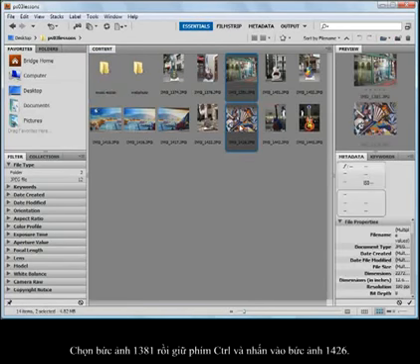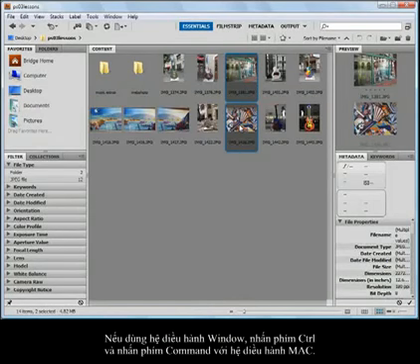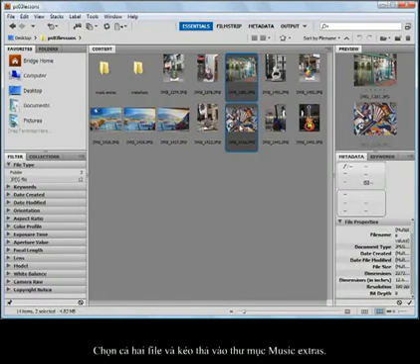So I'm just going to grab this image up here, 1381, and hold down my control key and click on 1426. Now, if you're on the Windows system, you could use your control key to select non-consecutive files. If you're on the Mac system, you would use the command key. So I've selected both of those files, and I'm just going to drag and drop them into my Music Extras